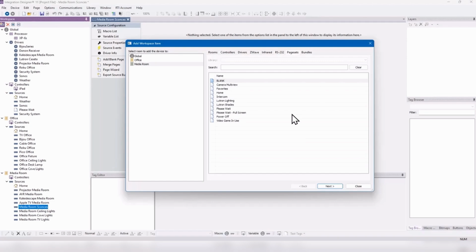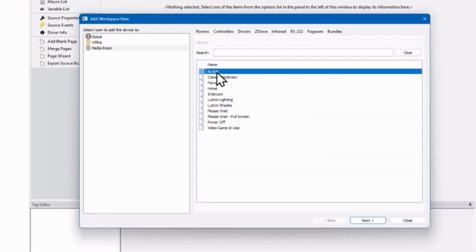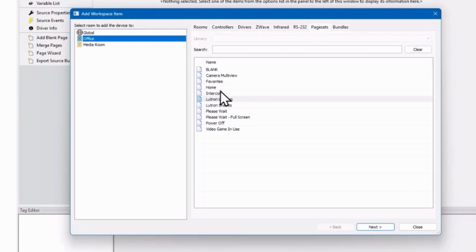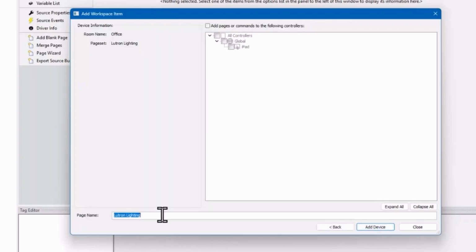Now I'm going to go to my blank page set here. Actually, I'll go to the Lutron page set. I really prefer this for the RA3 and RA2, but I'll add this Lutron lighting page set. But I'm not going to actually use the pages, I'm going to use the source device. So I'm going to put one in the office, and now I'm going to name this office. I'll name it lighting